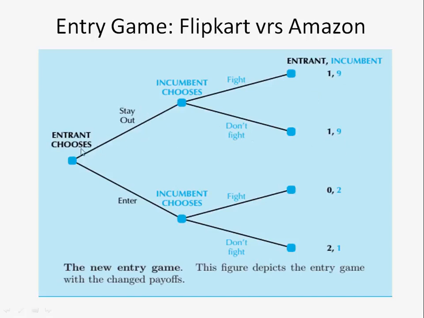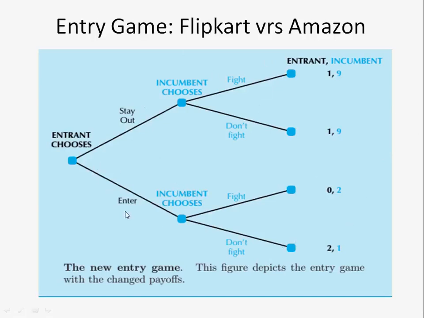Though it may sound counterintuitive, if Amazon is not entering the market, how come you can have these strategies? But this is how we do it in game theory. We try to devise all possible actions. We have to think about what the best strategy will be. Since this is one possible choice of Amazon, we have to think about the best possible response of Flipkart, even though it may seem very unlikely.